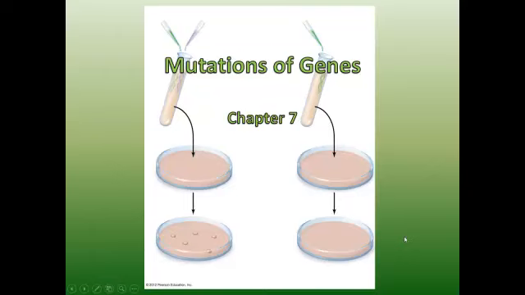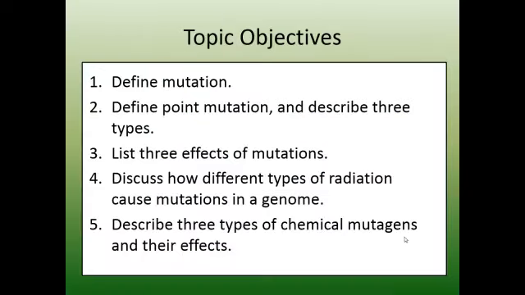Chapter 7, Mutations of Genes. The learning objectives for this topic are to be able to define mutation, define point mutation, and describe 3 types, list 3 effects of mutations, discuss how different types of radiation cause mutations in a genome, describe 3 types of